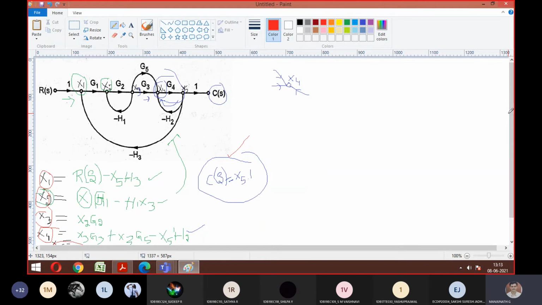Good. So actually I told you this is not required for this corresponding problem, but if they ask you to write a state variable or variable equation for the given signal flow graph, then we should not say we don't know how to write it. Is that fine? See, I've done all the combinations for you: variable to signal, signal to variable, block diagram to signal, signal to block diagram. So that covers everything. Is it okay to everyone? Yes, sir. Good. So shall we go ahead with the problem?